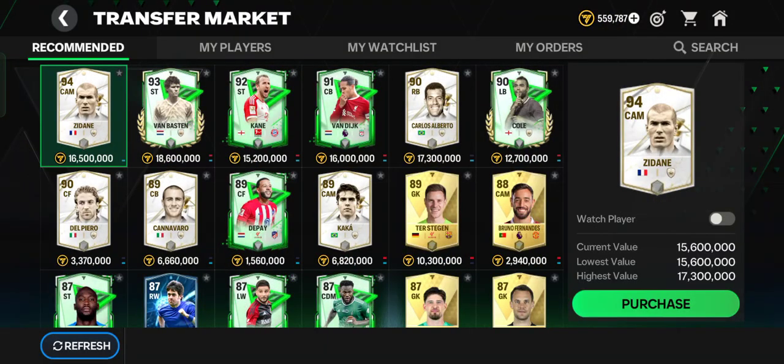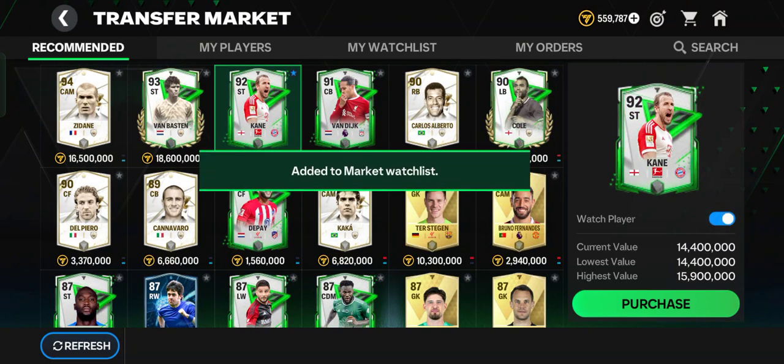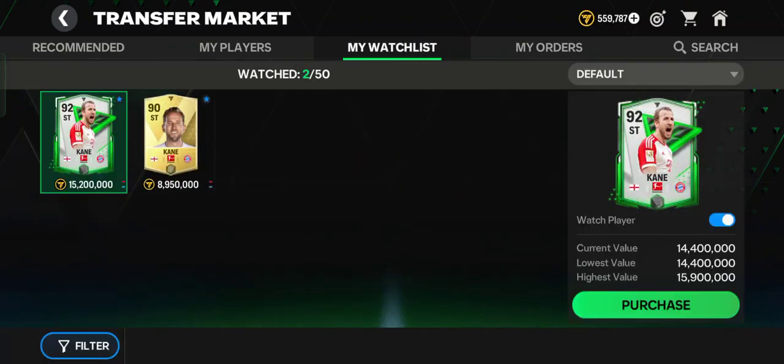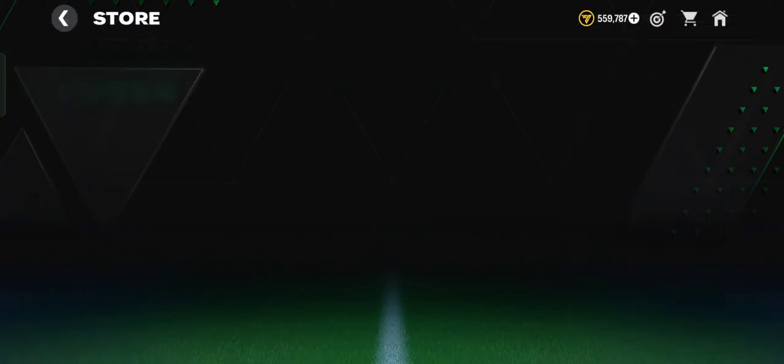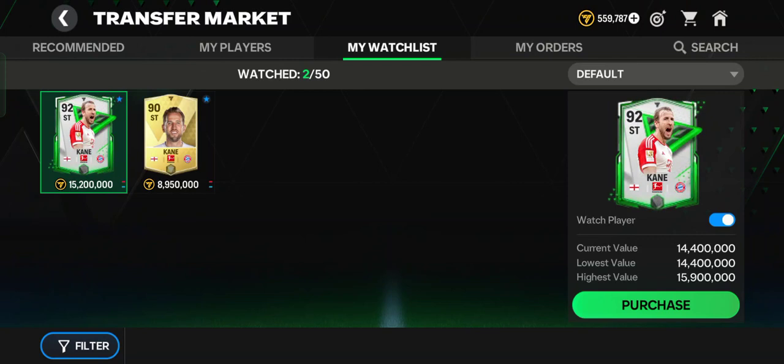And as you can see, try to search for your favorite or target player. For example, I want to get this Harry Kane. Just tap this watch player, and Harry Kane will be on my watch list like this. There are two Harry Kanes that I want. So if you already have the coins, you can purchase this Harry Kane,